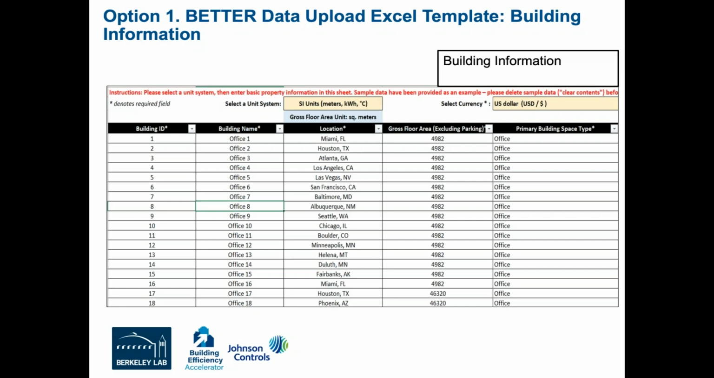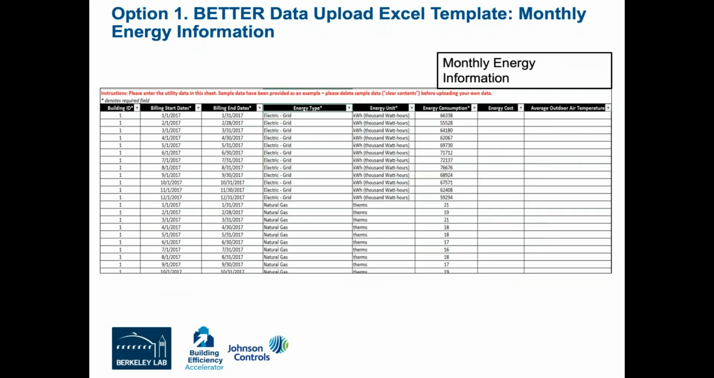Users of Better simply fill out this multi-tab spreadsheet with the information I mentioned earlier, such as unit systems, building ID, building name, location, gross floor area, primary building type, and currency type, along with, on the second tab, monthly energy information, including building ID, billing start and end date, the energy type, energy unit, energy consumption value, and energy cost value for at least 12 consecutive months for all fuels used in the